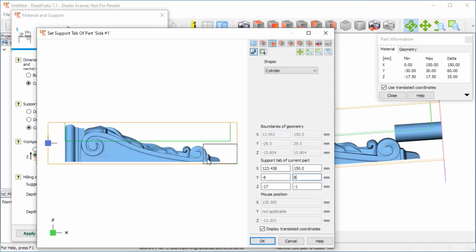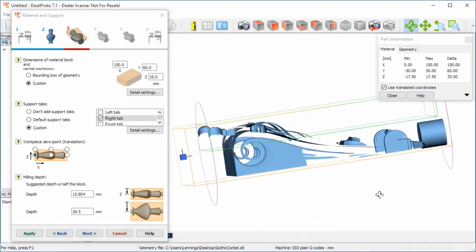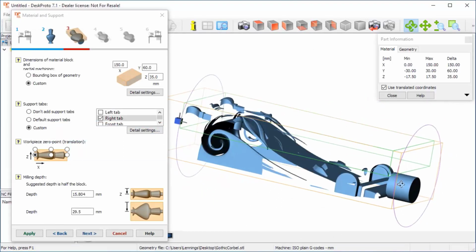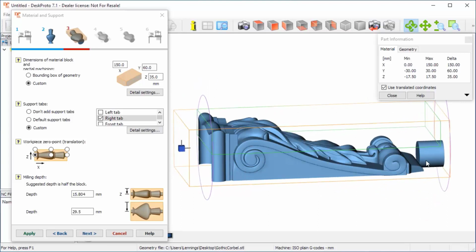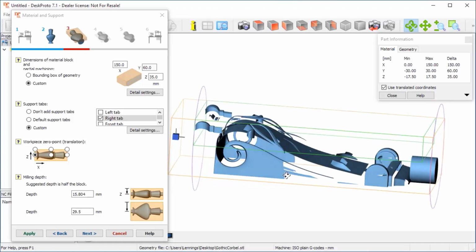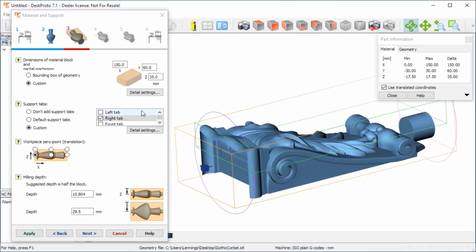Yes, and I also want to make it a bit shorter, something like this here. That will be okay. Yes, and we see that the support block has been changed, and now I trust it will give sufficient stability also when the material here has been removed, so that I can continue finishing in the machining process.